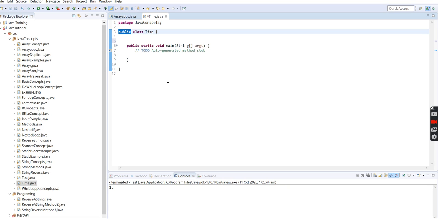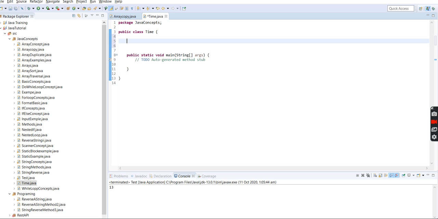We can use this class, or method, or variable anywhere. Whenever we define the access modifier as public, it can be accessed in any other class. But if we give something as private,